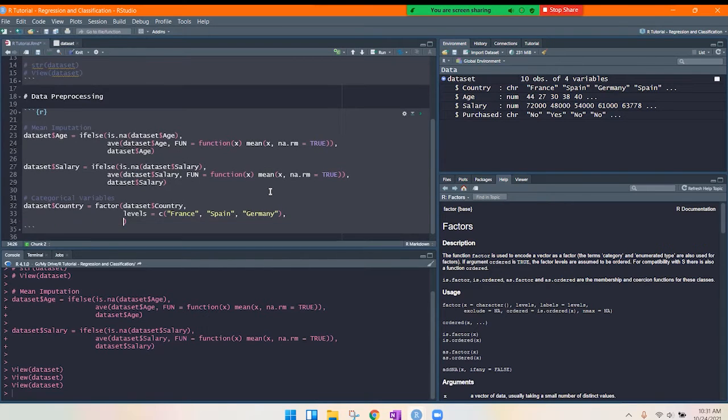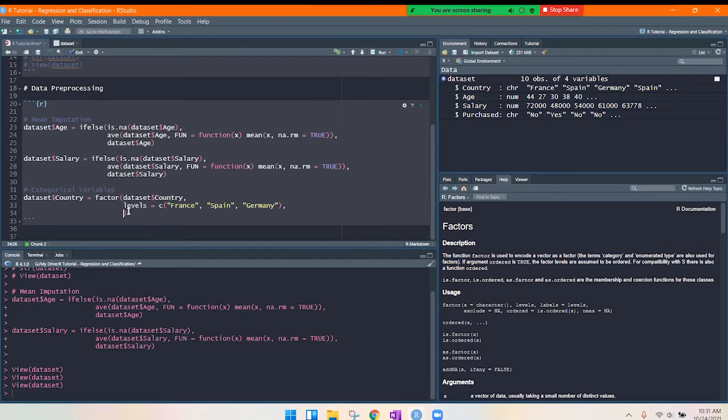You also need to have another argument in here called labels. It also comes inside a vector, and it depends on what you really want to put in there. You could make these as numbers. So France becomes 1, Spain becomes 2, Germany becomes 3. But for this example, I'm going to put exactly the same thing as this. So my levels and labels are the same thing, and labels are just giving it a name. Wherever you put in the labels, that appears inside the data frame. So if I run this,